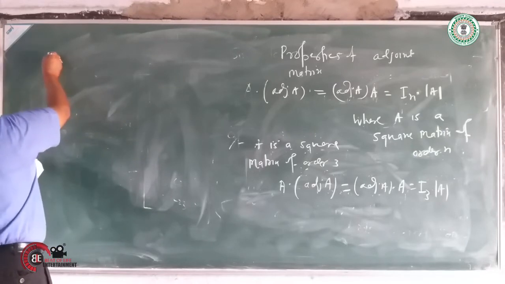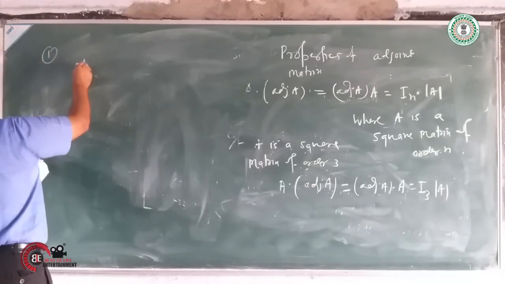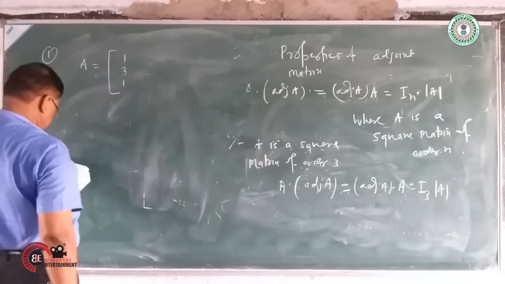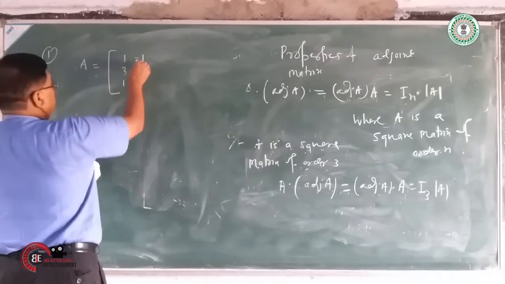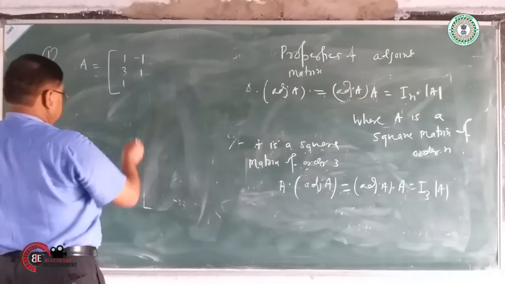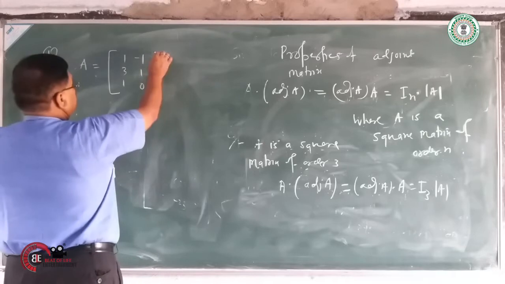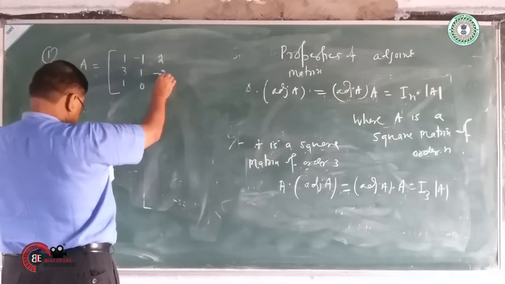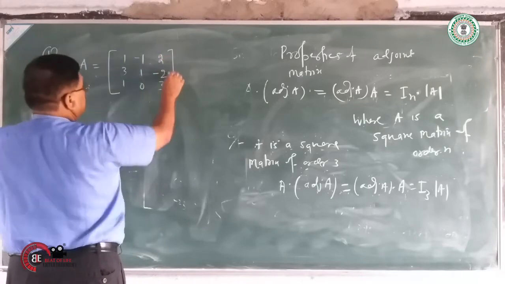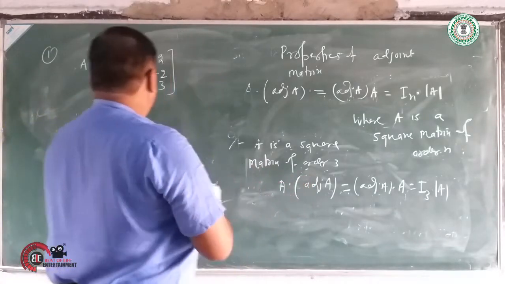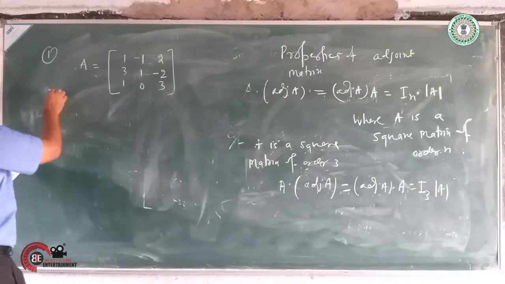Suppose a matrix A is [1 3 1; -1 1 0; 2 -2 3]. It is a square matrix of order 3. Then verify